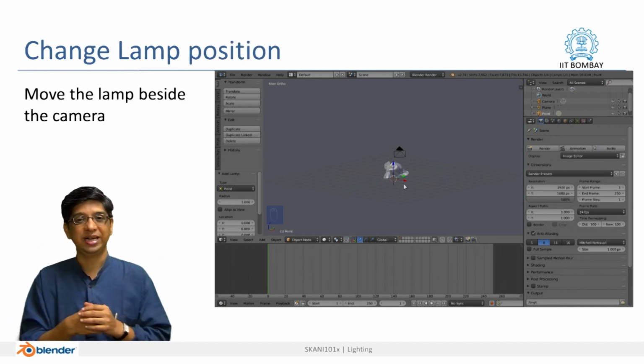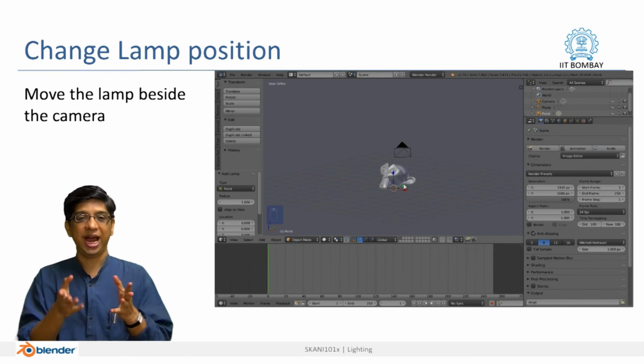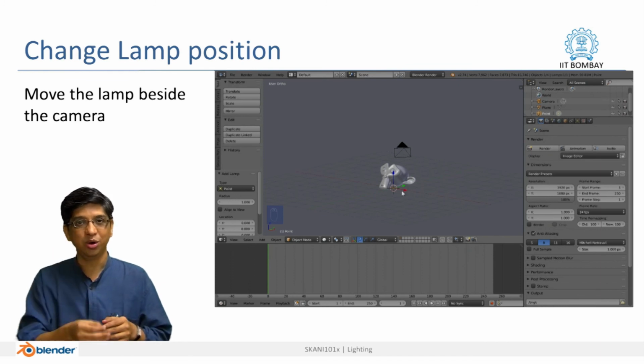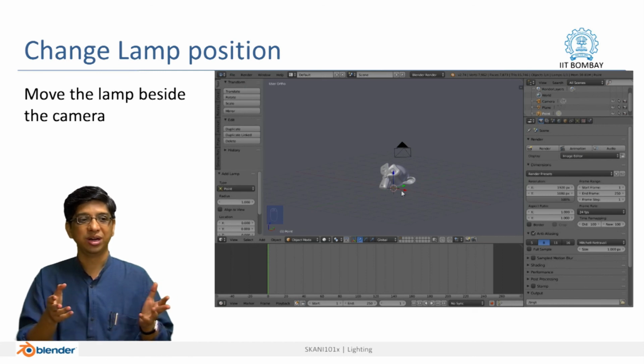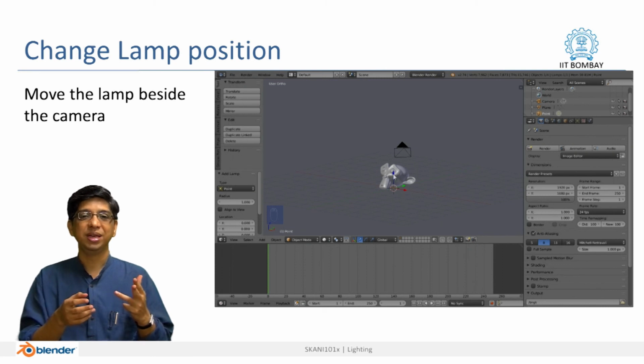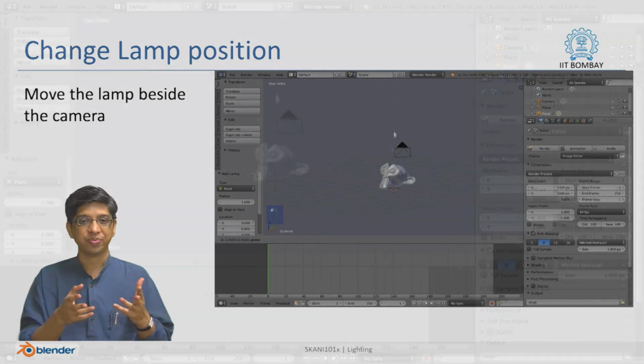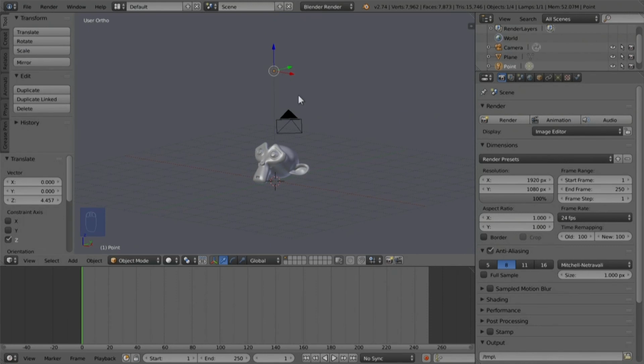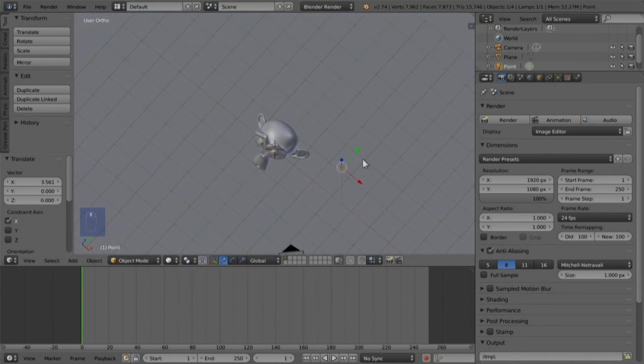Okay, coming back to the lights, we have this point light added here which has gone right below this Suzanne monkey. So we need to move it around to get it to a position where it is easy for us to use. Nitin just puts it up, and using the red arrow he brings it down.